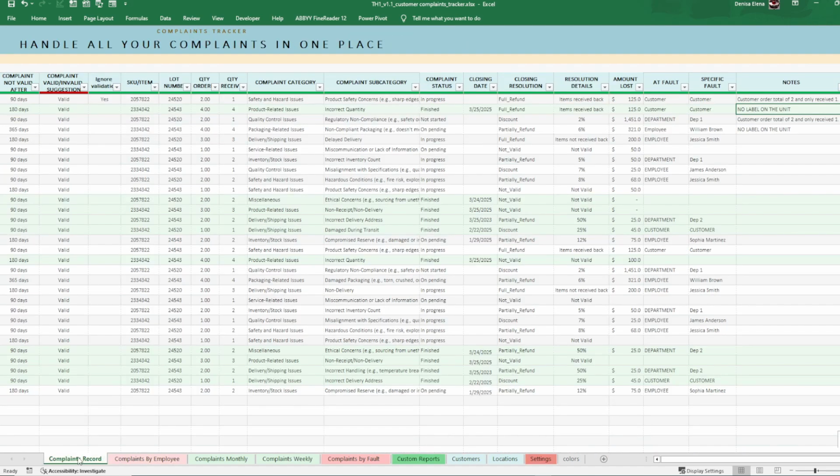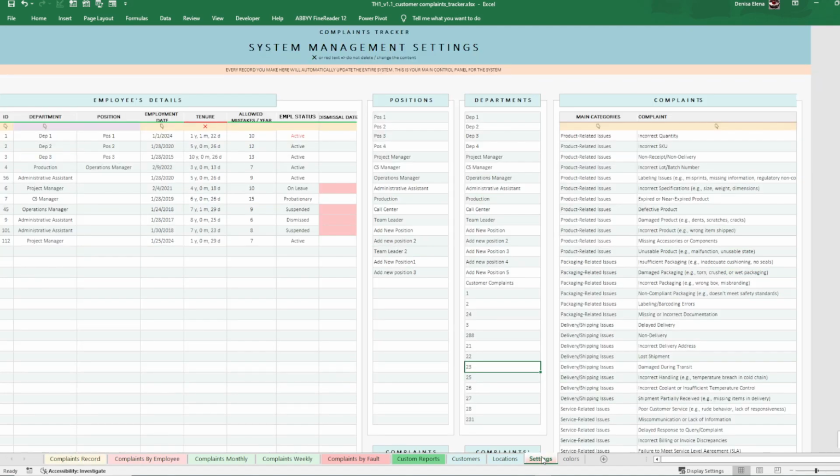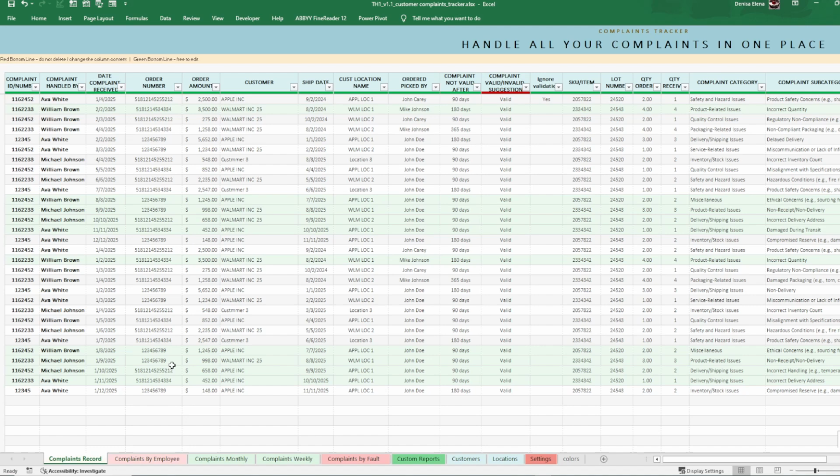You have the complaints record. Basically, all the work you will have to do is only in this tab. You don't have to do anything in any other tab except in the settings, but it is a one-time job where you set up your system. Except in this one-time job, you have to work only with the complaints record tab, meaning where you will log